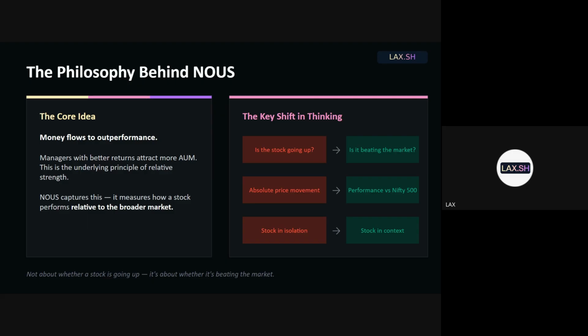Most people will still wait for that green day. That green day is what? It will change the character, right? From falling to not falling, to start rising, right? But an even better signal is outperformance, which most people will not see, cannot see simply because they lack the expertise. They don't understand what is RS, price action, chart, and all that, right? But everybody understands whether something is up today or down today, right?